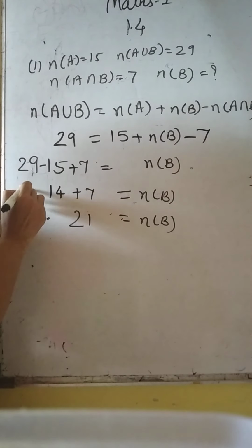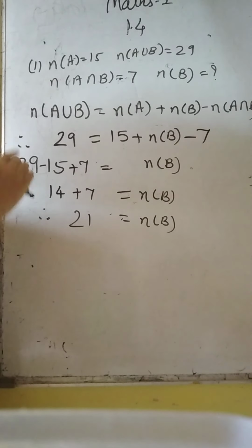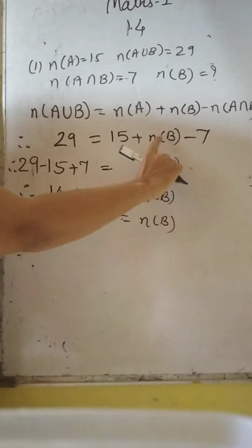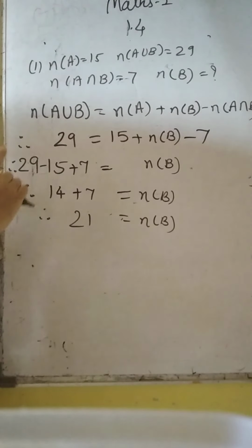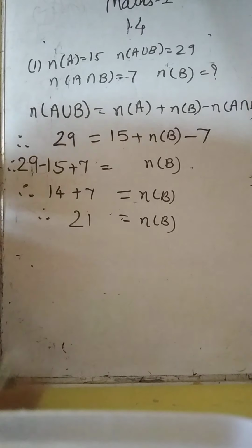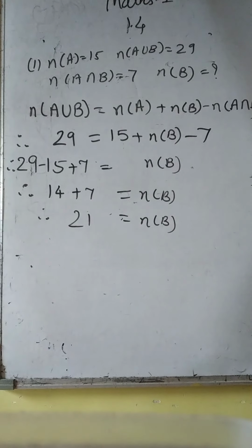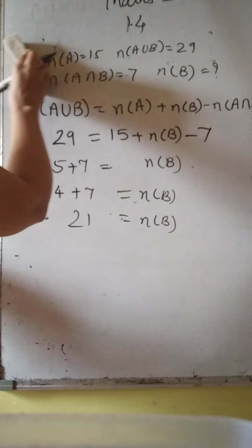So children, this is how systematically you are going to solve. You are not going to skip any of the steps. See to it that you write down the therefore sign in all the steps. Then you take something from left to right or right to left. As per the sum, if you are changing from left to right, you are going to change the sign. So if you do all the things systematically, easily you are going to get the answer. Any question in the first sum? No, miss. We will go ahead with the second question.